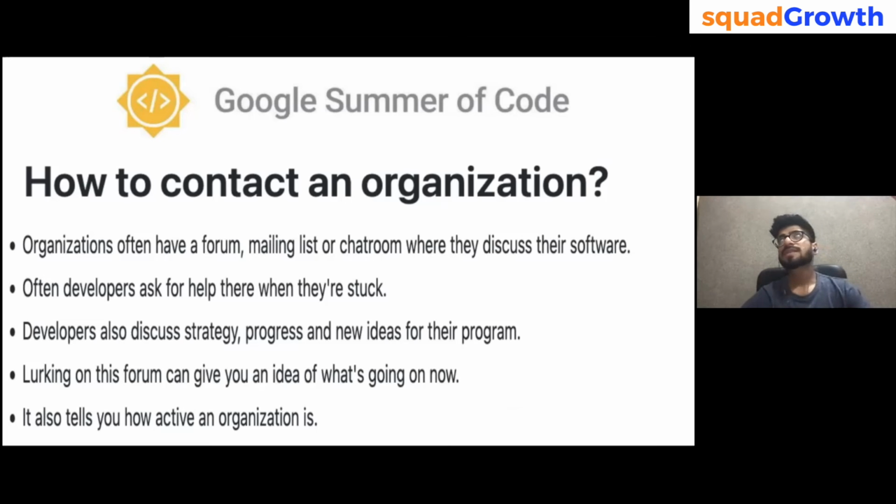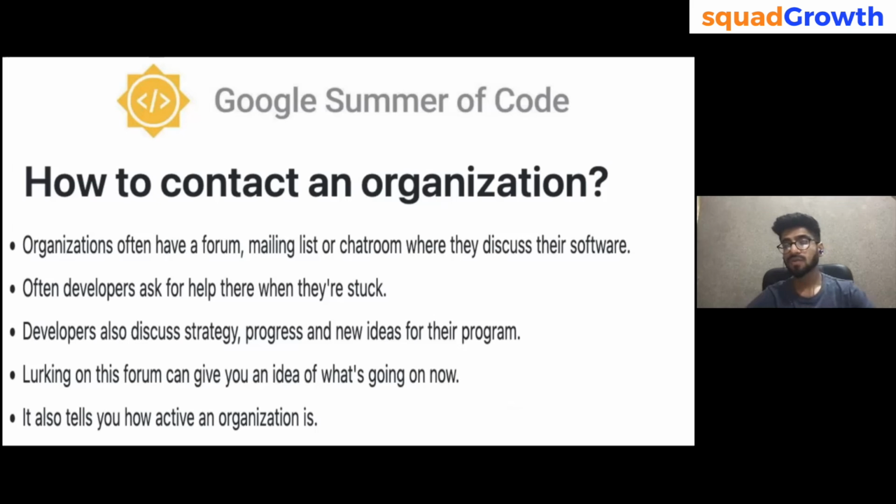One of the basic things is that you should contact the mentor prior. If you want to participate, you should look out for 4 or 5 organizations you want to participate in. And you should maintain a good relationship with the mentors for the project, so it also increases your chance for participation. And you can contact the mentors on Slack or the mailing list